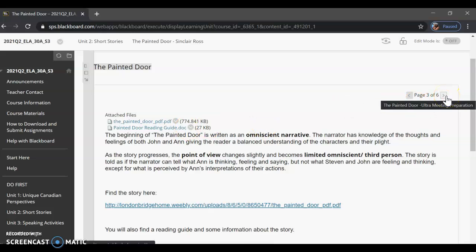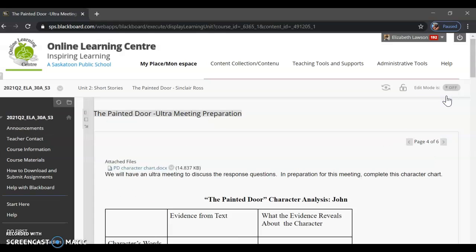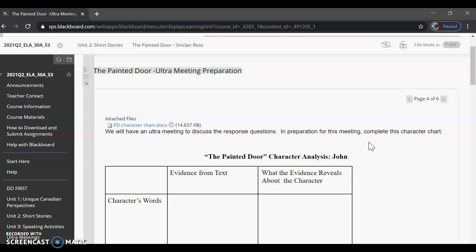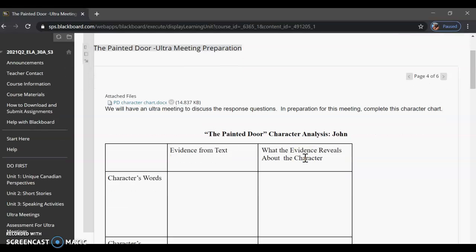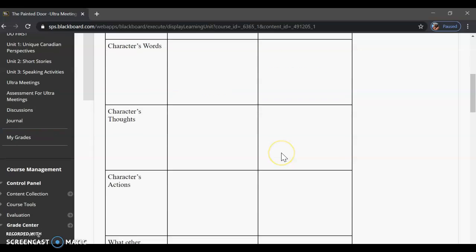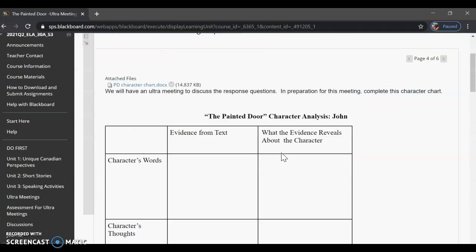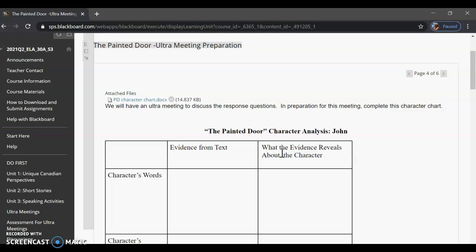Once you have finished doing the reading, you are going to want to prepare for our Ultra meeting, which will happen on Friday. To prepare for that Ultra meeting, you're going to fill in this character analysis. Okay, so that's the character analysis. And then once that's done, you are going to meet on Friday. The reason why you need to prepare for your Ultra meeting